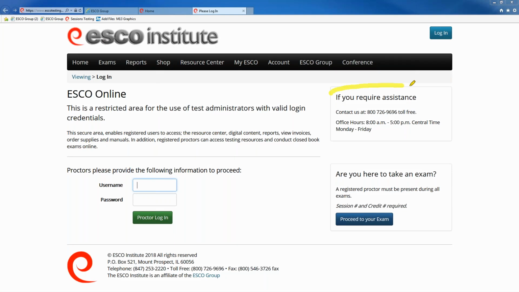Right here on the Proctor login page, if you can't find the information to contact us, you'll see that our toll-free number is here as well as our office hours. Let me get the cursor back so I can type. We're going to get logged in as a proctor.